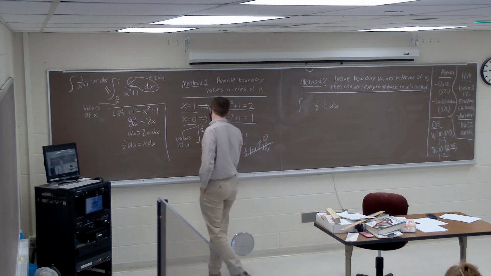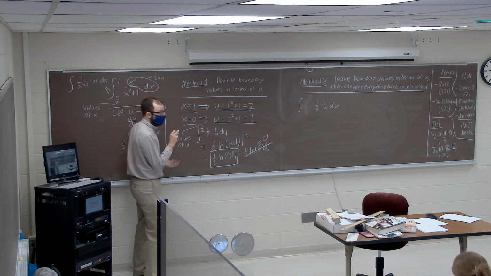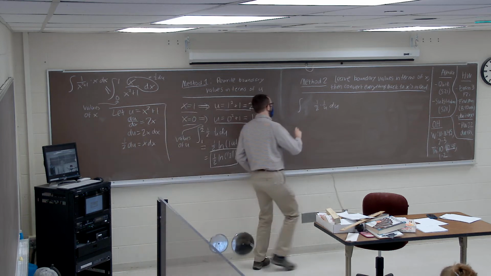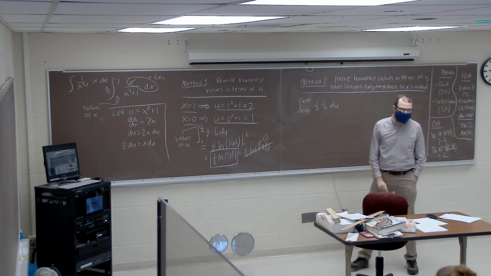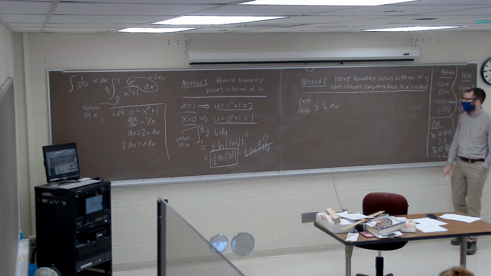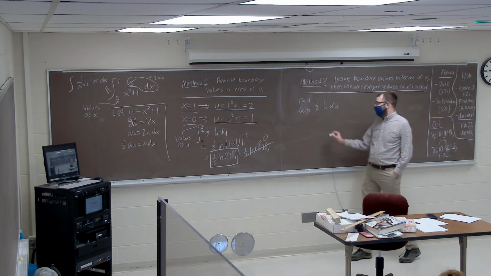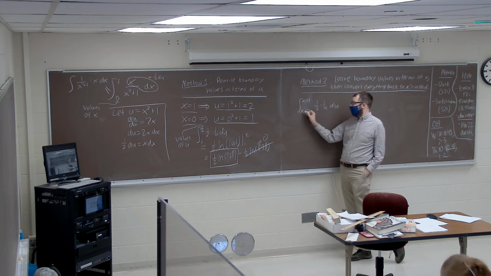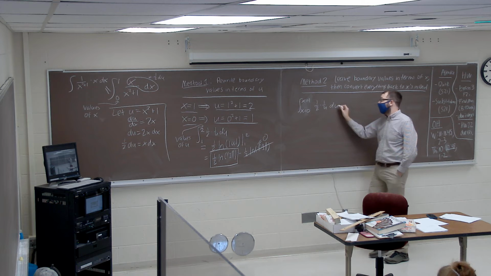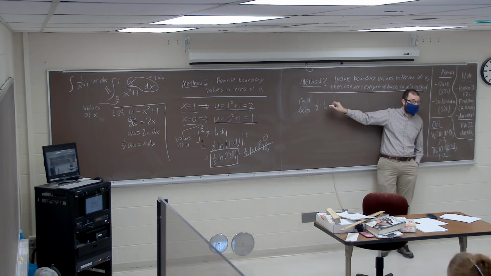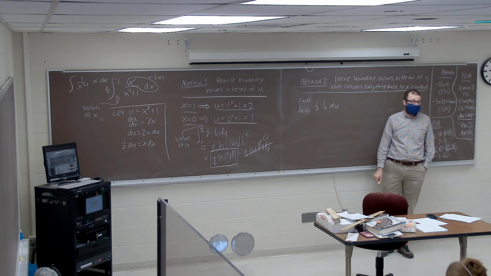And instead of trying to convert our x boundaries, x equals 0 and x equals 1, to be in terms of u, we're just going to leave them as x values for now. And so I'm explicitly going to write out x equals 0 to x equals 1 to denote the fact that though the expression we're integrating is in terms of u, our boundary values are still values of x for now.